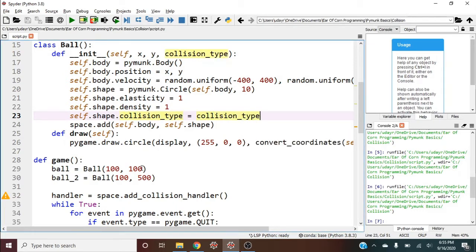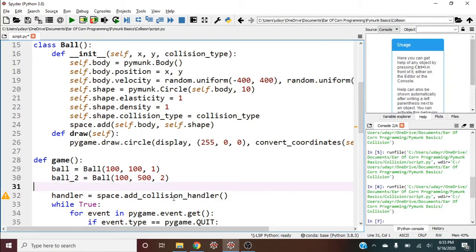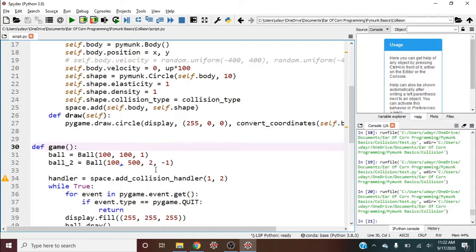And then we'll have to bring it in. So this will be 1. This will be 2. And then when I add the collision handler, I can say between object 1 and object 2. Now, what do we want to happen when collision type 1 and 2, which refers to ball and ball 2, actually collide in the Pymunk space, well,